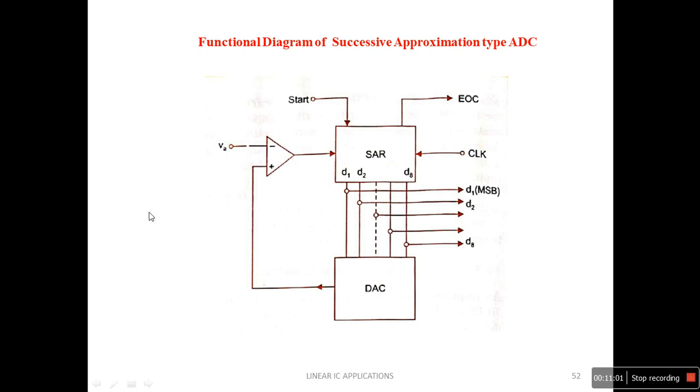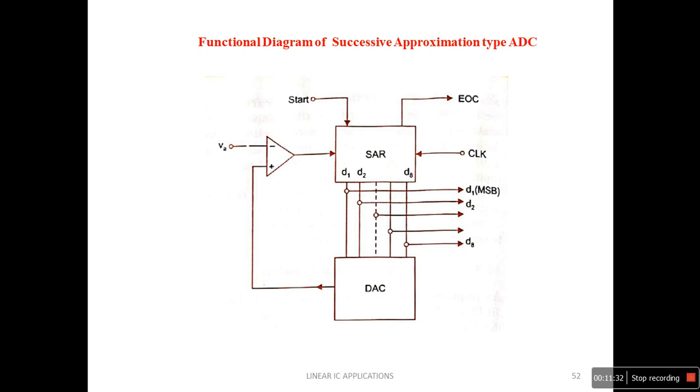In another case, if our unknown weight is 5 kg, first we don't know the actual weight, so we put the 8 kg. Since the unknown weight is less than the known weight of 8, we make the MSB 0. In a similar way, we remove the 8 kg and put the next weight, 4 kg. Then the unknown weight is more than this one.